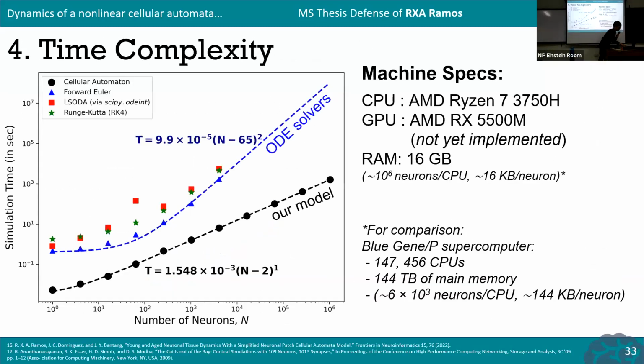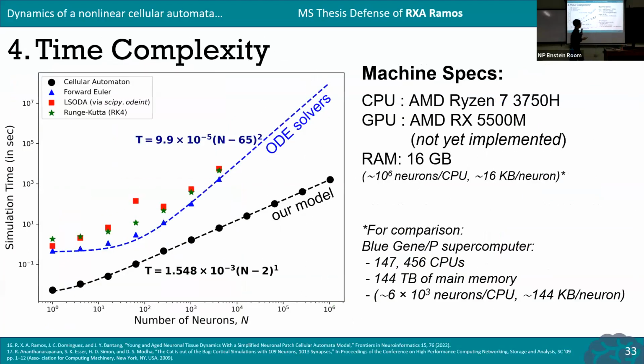So actually, it's in this slide, I think. Here, we are comparing the machine specs used in our work as compared to the Blue Gene supercomputer. The machine used for this thesis has the CPU and GPU and this RAM, 16 gigabytes. Since we were able to simulate up to 10 to the 6 neurons in just one CPU, that's our neurons per CPU. And for memory usage, we just divide this population by the RAM that is used,